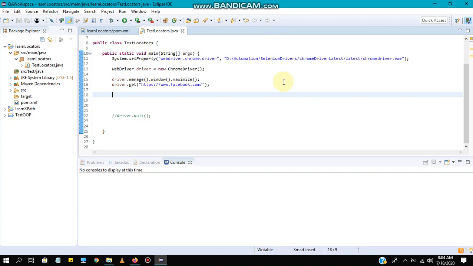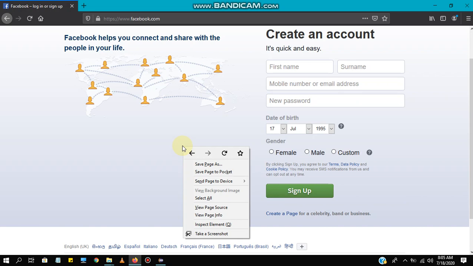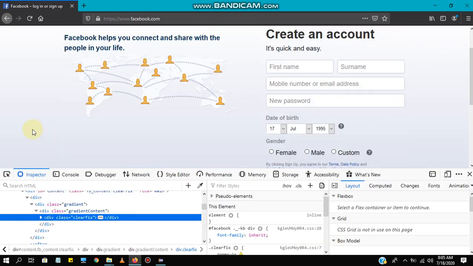So let's start this. I already opened my Firefox web browser, and you also just open the Firefox browser and go to facebook.com. Once you're there, right click and go to the inspect element section. Use this icon, pick an element from the page, to inspect elements.